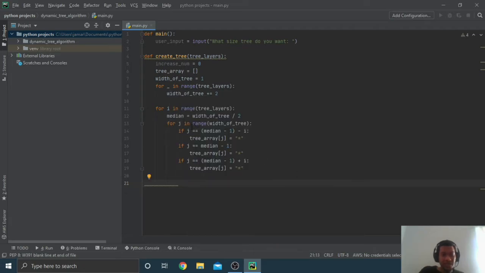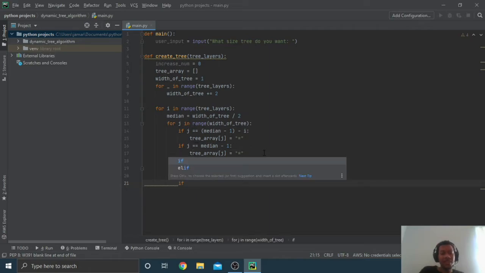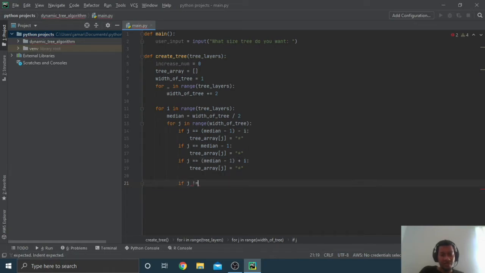And so basically, if it's not any of these cases above, then we basically want to just print a space character for it. So basically, if it's not equal to any of these cases here. But we don't want to do that and overwrite the previous ones. So what we basically want to do is